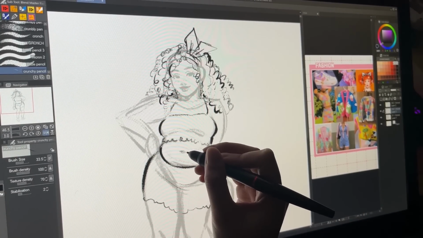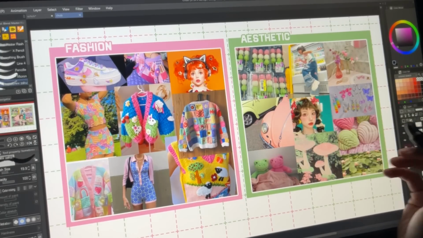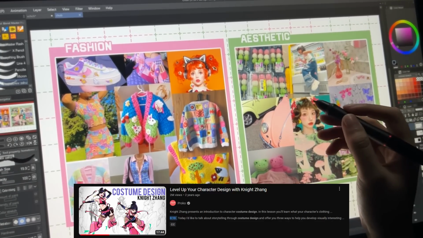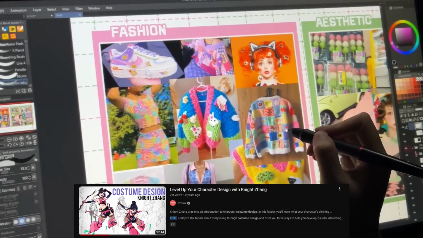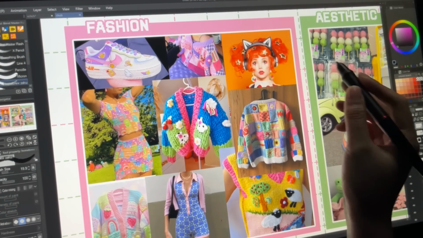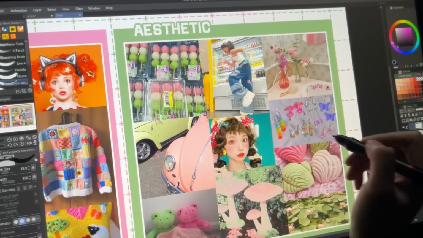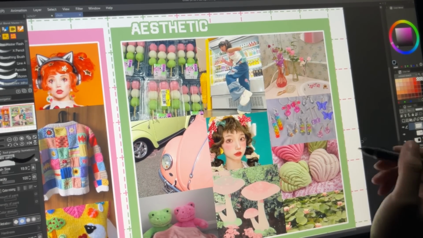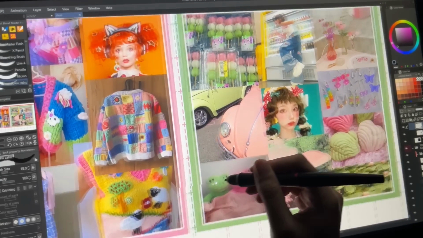So with the mood board that you see on the side there, that is a template taken from Night Zhang's video on costume design. I will put it up here and I will also link it down in the description. Basically, I put together some stuff that I wanted her to be wearing and also colors that would match her aesthetic, and you see green and pink there, and it's because I wanted her to have a watermelon type of bubbly vibe.